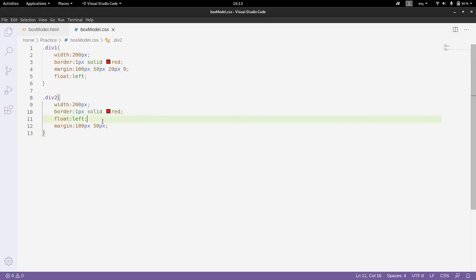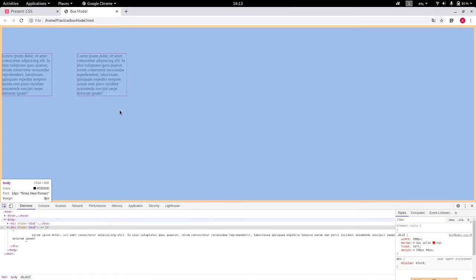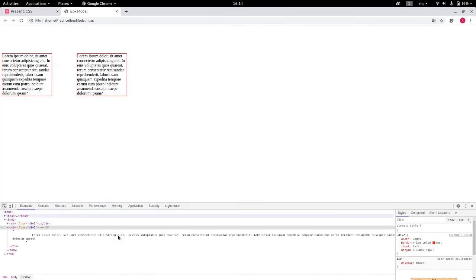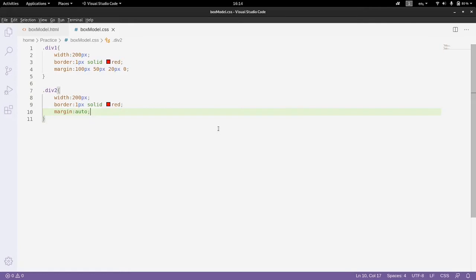Now there's one more thing that we can do with this margin. We can pass a value auto for this, so this will align this div2 tag horizontally. So you can see over here the div2 tag is aligned to the center horizontally.